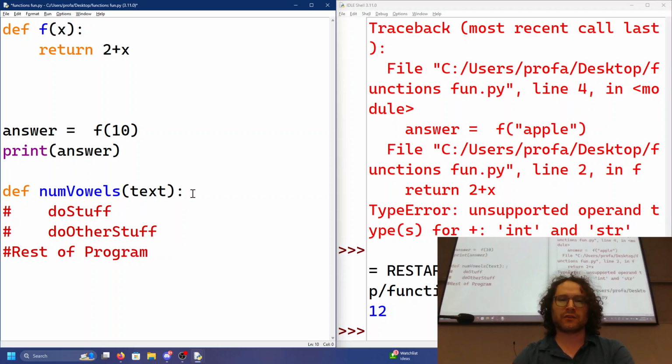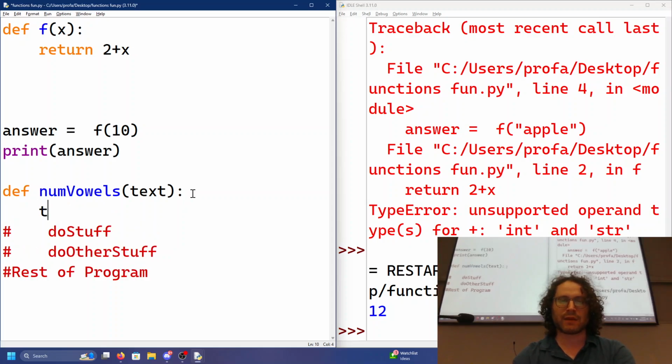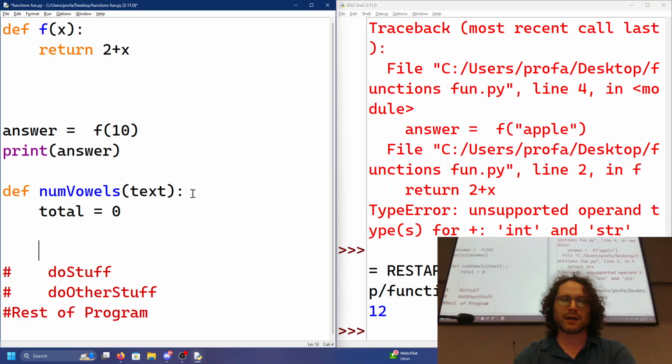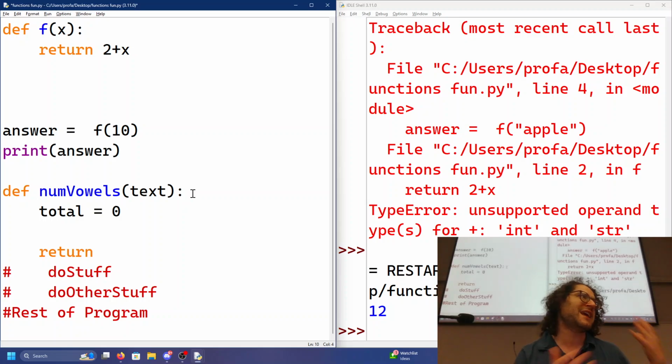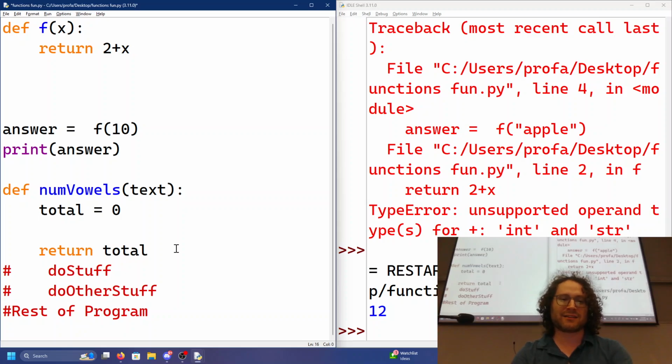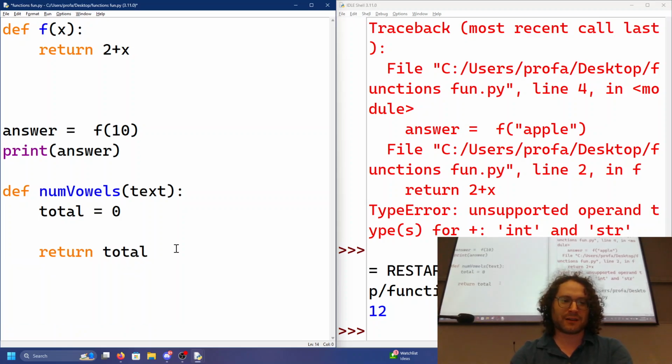Okay? So we can say maybe total is equal to 0. And this will be our answer. I always like to do this when I'm writing functions. Figure out what's going to hold the answer. Not what the answer is going to be per se, but what we're going to say is the answer, which is return total. That way I know it's going to run, and at least if I give it a call, like if I say, hey,